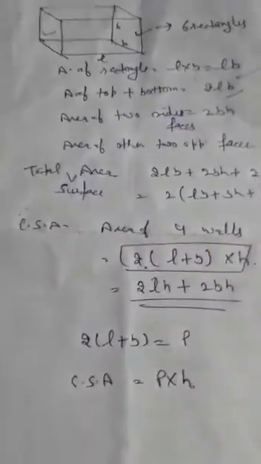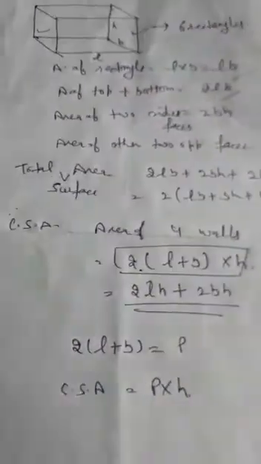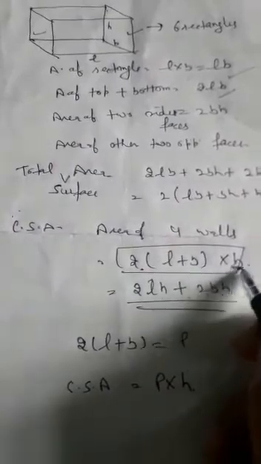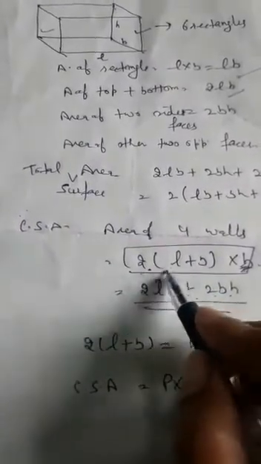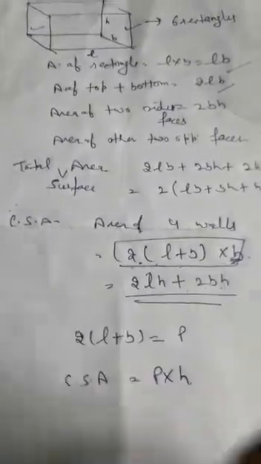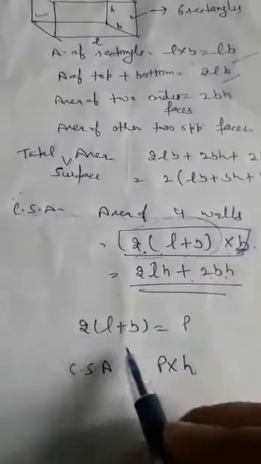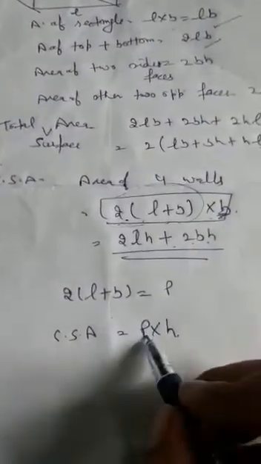Now if we have to find the curved surface area of cuboid, then we will not include area of top and bottom, means we have to find area of 4 walls, surrounding area. So here area of this wall is base into height and area of this wall is length into height. So here 2LH plus 2BH, and if we take H as common, then we will get 2(L plus B) into H. Now students, you know that 2(L plus B) is the formula of perimeter of rectangle. So here to find curved surface area you can also write perimeter into height.